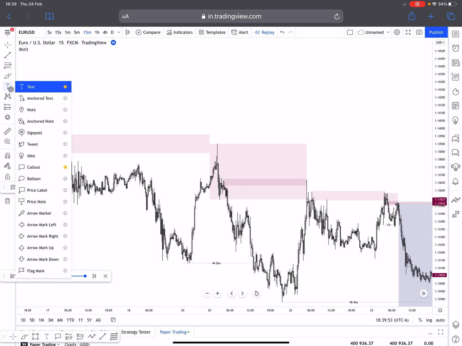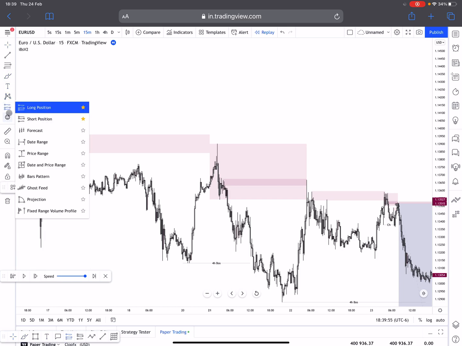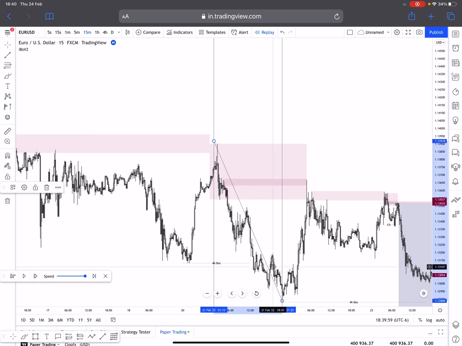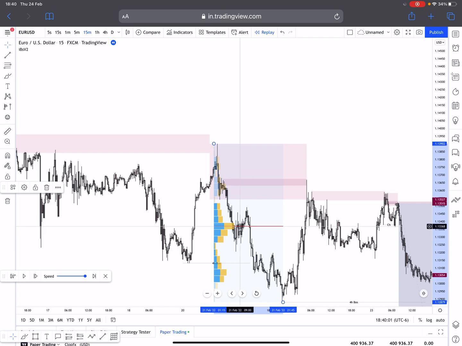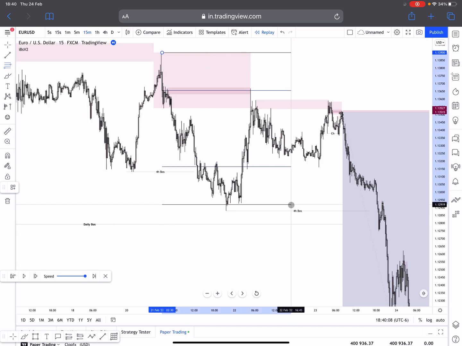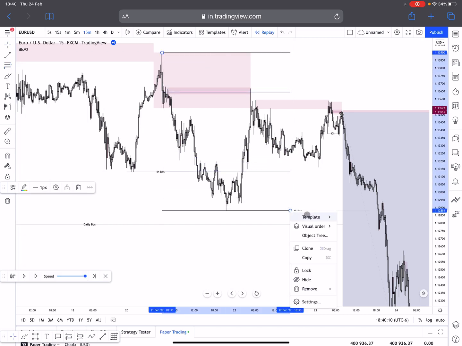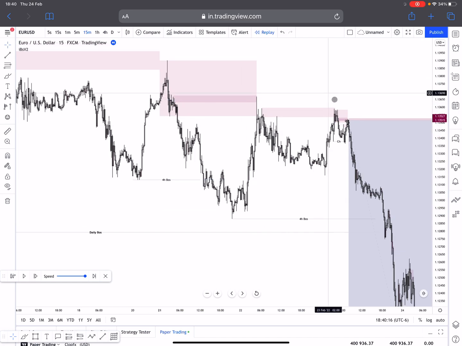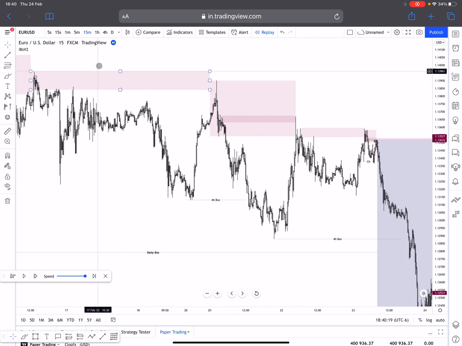Let's see if there is a tool right here. Fixed volume profile, but sometimes it's just in the ranges, so I don't recommend that, but it can definitely work. Or even the Fibonacci tool with the, what was the 77% retracement right here.